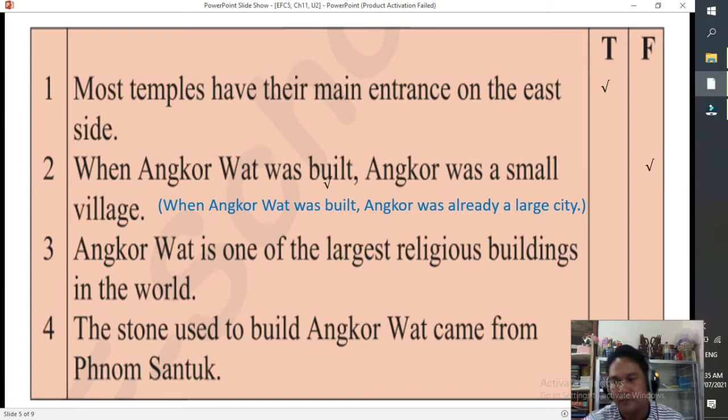True or false? Like you knew that the Angkor Wat was ordered to construct by